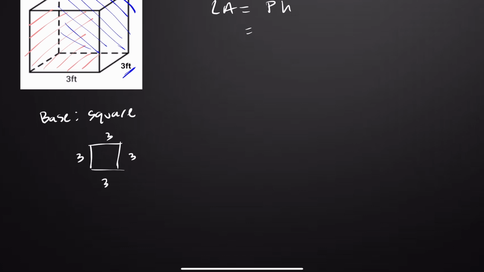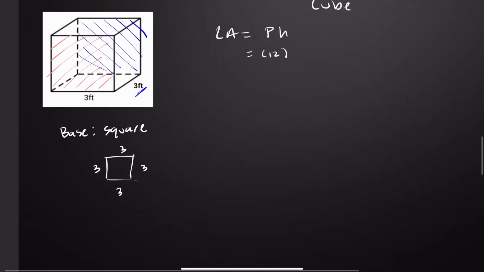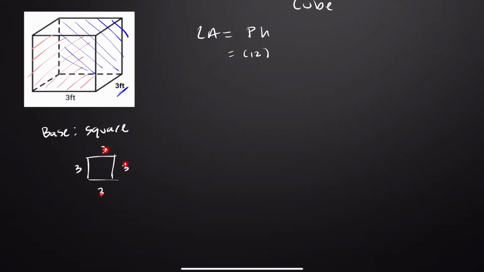So that should be 12. Right? If I'm adding up all the sides here, the perimeter of the base is 12. And then the height of the prism should be 3. So we have 36